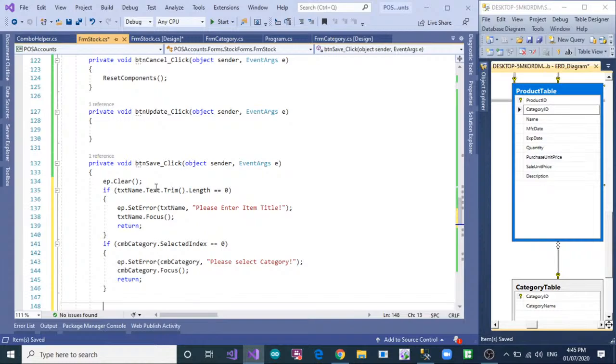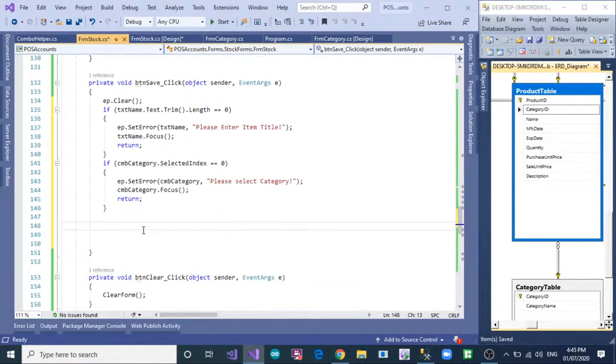Because here we are adding only the item names. Once you want it, it's used for updating, but here the condition is not required. And the quantity is also 0, purchase unit price, sale unit price, it's not important. In case of not, it will be saved as 0. Okay,